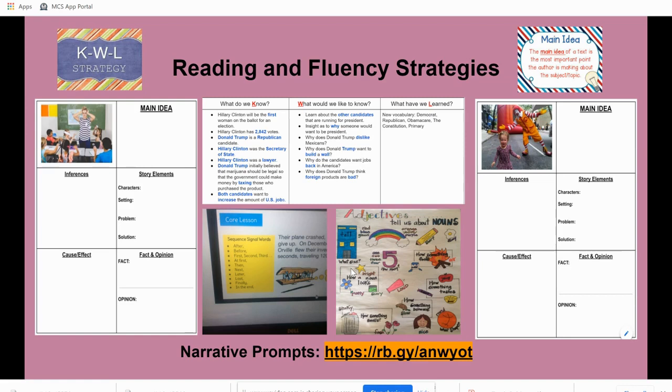On the left-hand side and on the right-hand side, you will see 2 worksheets that say main idea in the right-hand corner. But on the left-hand side of both of those documents, you will see pictures. I have used these with my 6th and 7th graders to reinforce what main idea is. So not only do I want them to be able to do that after we have read a text, I am going to do this before we even begin reading a book. I want you to look at a picture and tell me what could possibly be the main idea of this particular image. So in the first one you see here, there are students, they are throwing balls at the teacher.